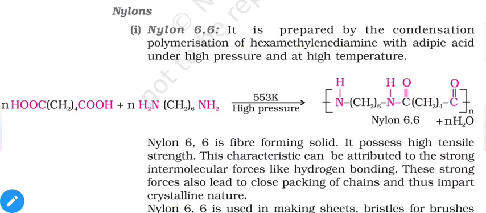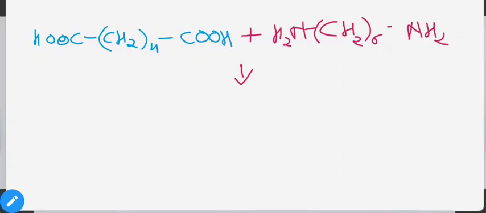So when they combine with each other at 553 Kelvin temperature and high pressure, they will form amide bonds, which you can see in this reaction. So let us discuss this reaction, how it is obtained. So here we have adipic acid molecule and hexamethylenediamine compound. So when these two compounds combine with each other,